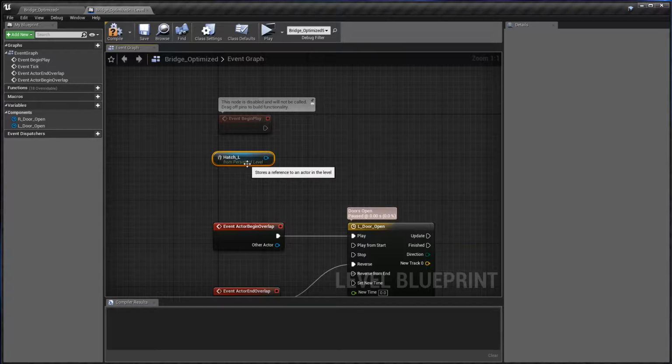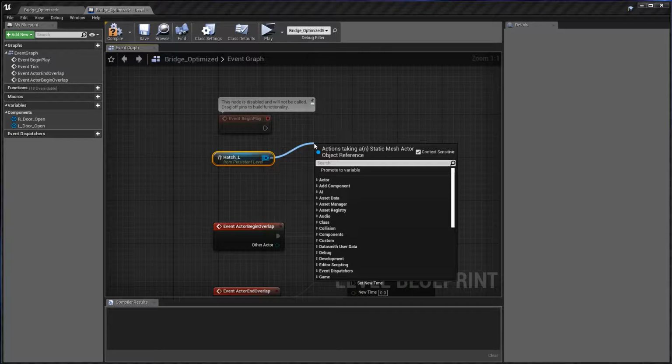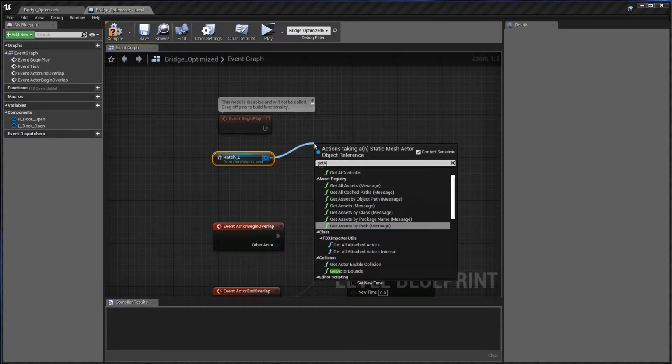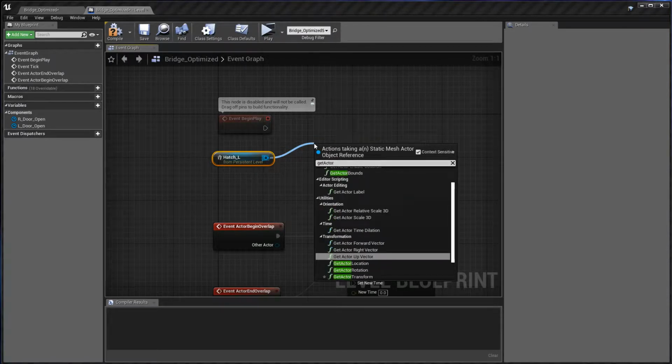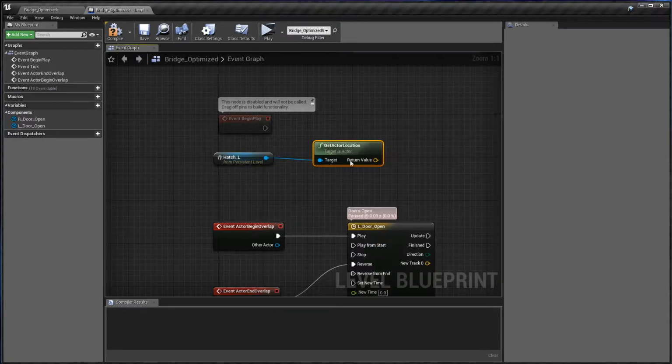And after we do that, we're going to add a get actor location. Get actor location right here. All right. And then after that,